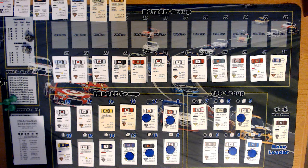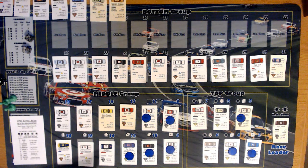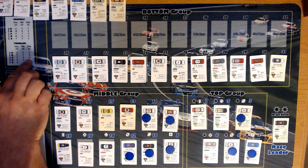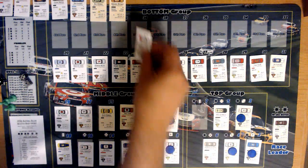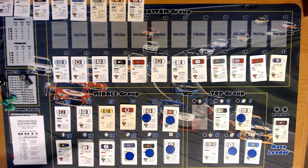16. Yeah, this is off camera. Cut tire, undercarriage, roll for repair. His repair roll is a C, so he needs a 2, and he doesn't get it, so he's out. So yes, we got another one out, 87, Baker,